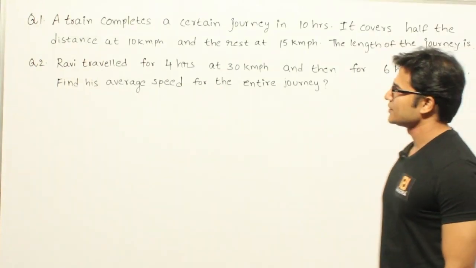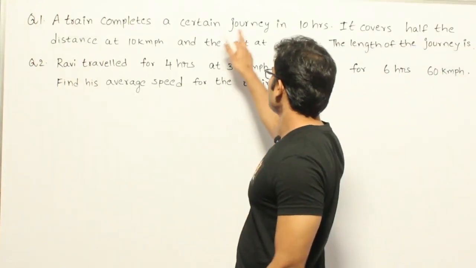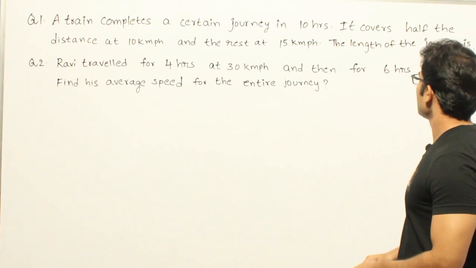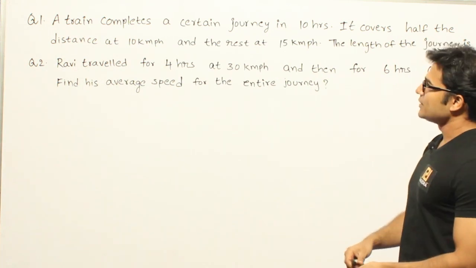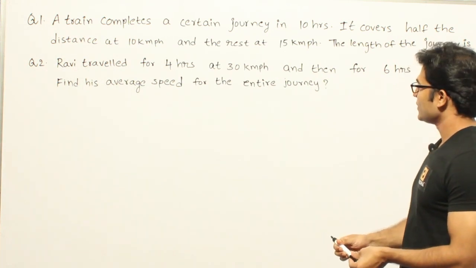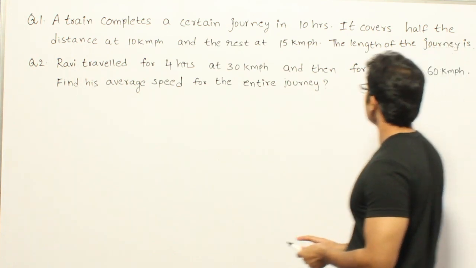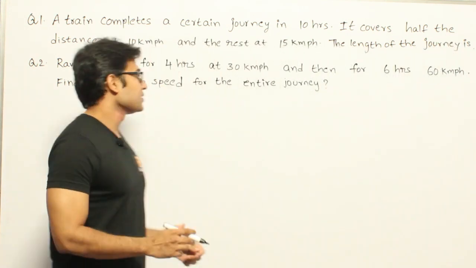Let's see these two questions. First question is, a train completes a certain journey in 10 hours. It covers half of the distance at 10 kilometers per hour and the rest at 15 kilometers per hour. Then the length of the journey is. So they are saying that